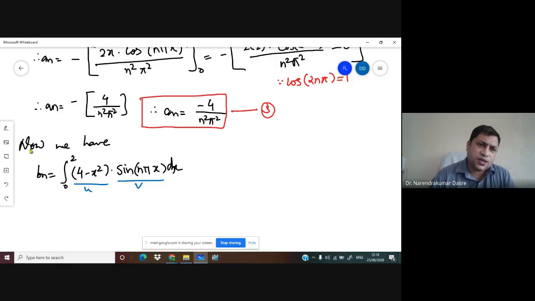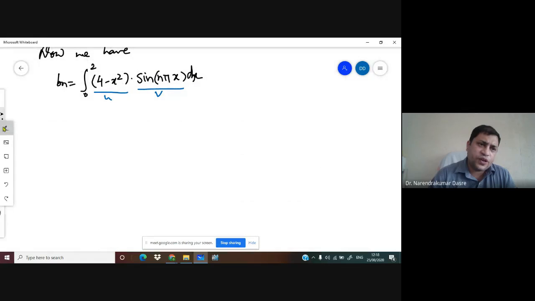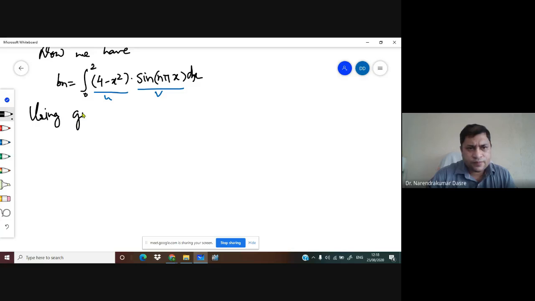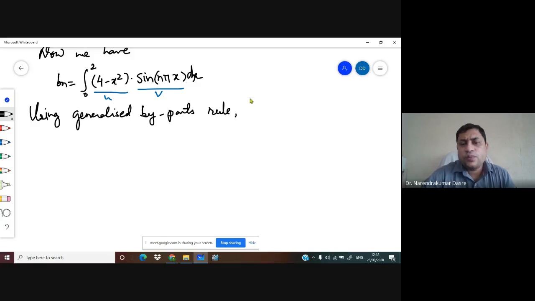So we have to use the u into v rule, and hence using the generalized integration by parts rule, we get, okay. So Bn is equal to,